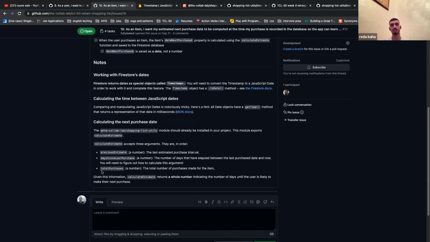And the total purchases, this is already in the database, the total number of purchases made for the item. Given this information, calculateEstimate returns a whole number indicating the number of days until the user is likely to make their next purchase. Okay, I know this issue is super confusing with all of this last purchased and next purchased and all of it, but